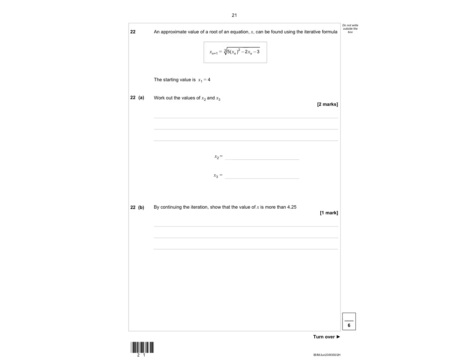Question 22, we have an iterative formula. Now, this is not a topic that we see all of the time in maths, so it's one that you need to go and revise very carefully. So the starting value is x1 equals 4. So to get x2, I need to put 4 in for where x is in this formula. So if we set that up on our calculators, we want to do 5 times our 4 squared minus 2 times 4 minus 3, and then we need to cube root all of that. That's going to give me my value of x2, and that comes to an answer of